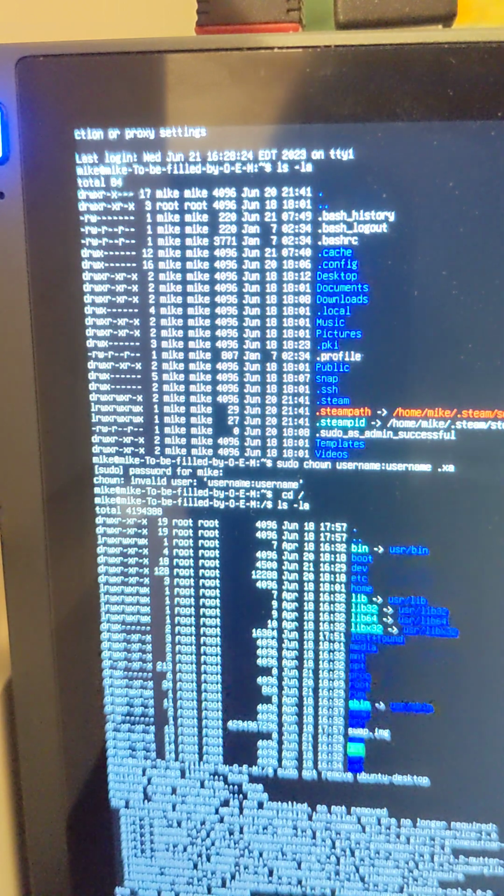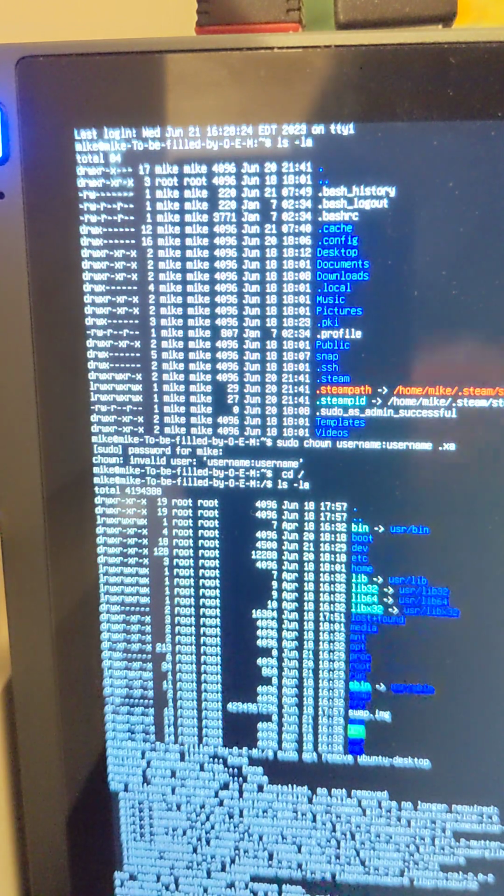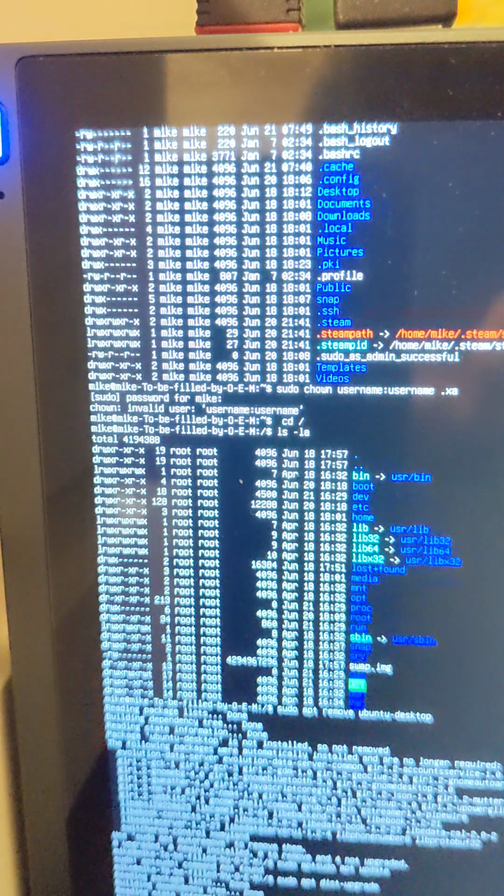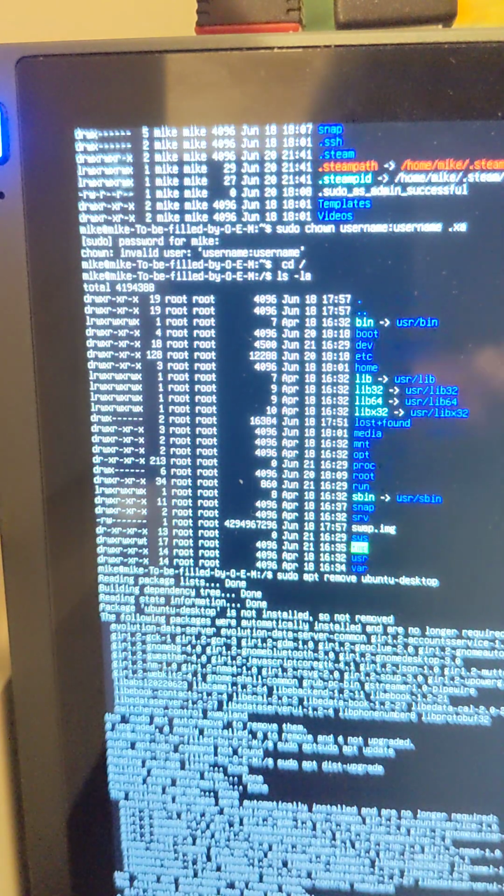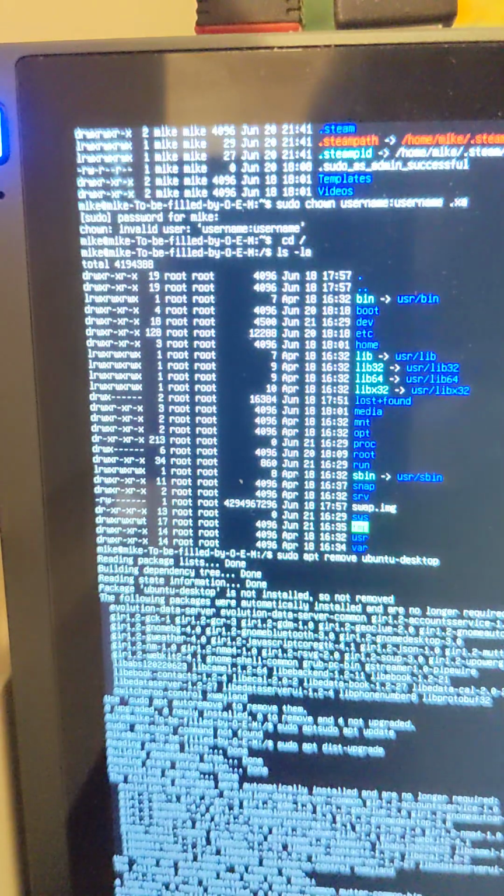Now we have to enter sudo space apt space update, enter, and then sudo space apt space dist-upgrade, enter, and then we do sudo space apt space autoremove, enter, then we do sudo space apt space clean, enter,